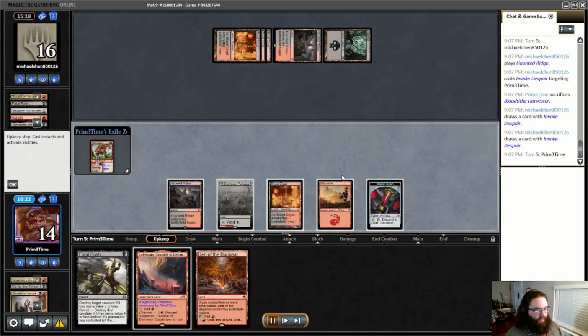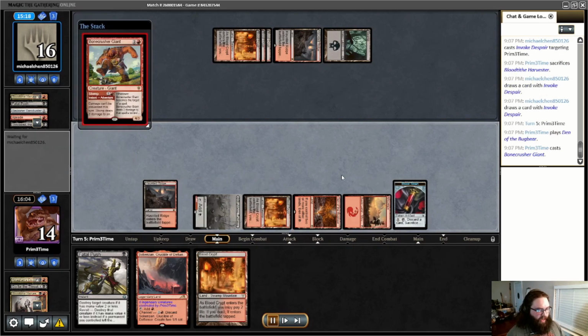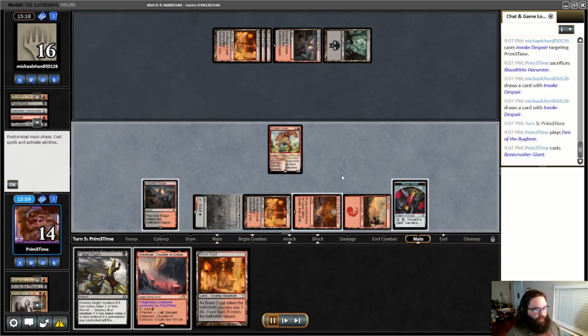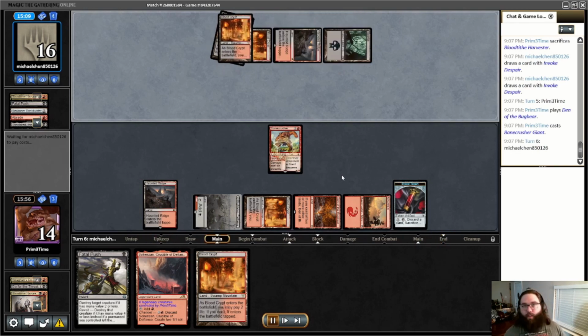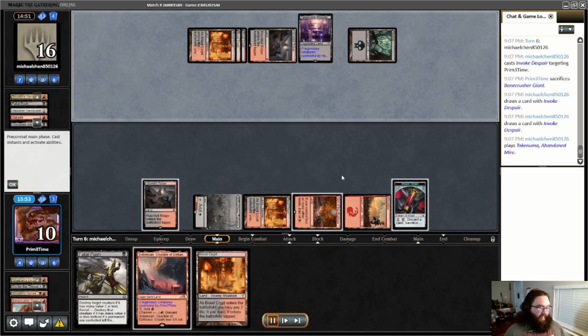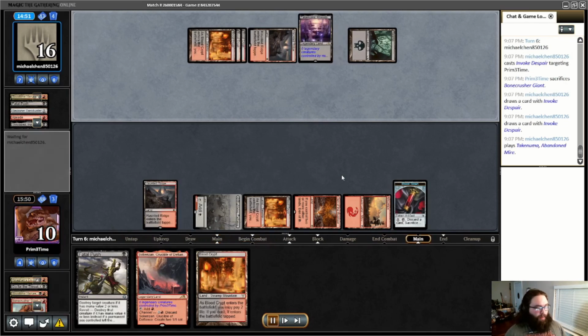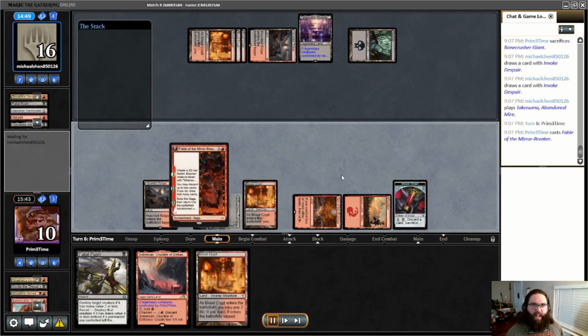I see a first Invoke Despair from my opponent, takes out my threat. Feels pretty bad, so I'm going to get down Bonecrusher Giant. Probably want to loot away Blood Crypt this turn, or save it for when I need to get Fatal Push active. A second Invoke Despair on back-to-back turns,